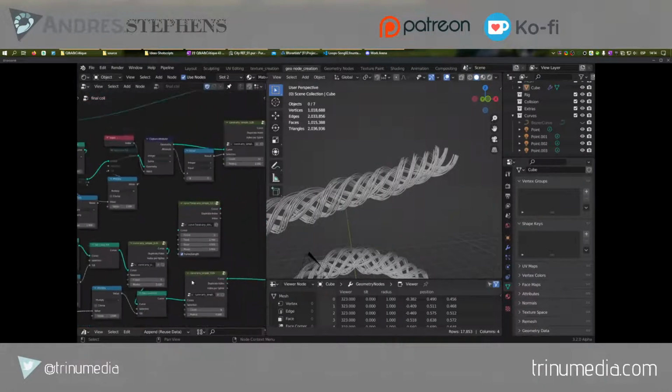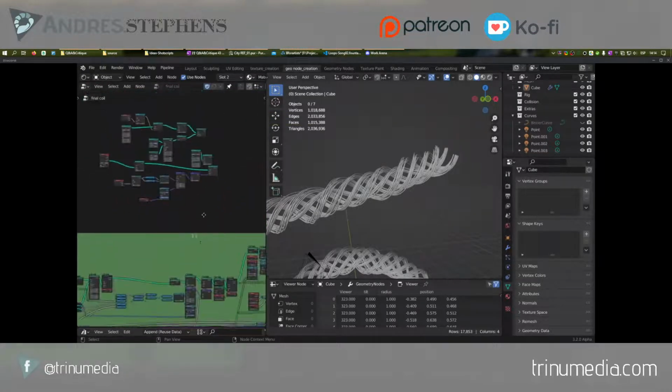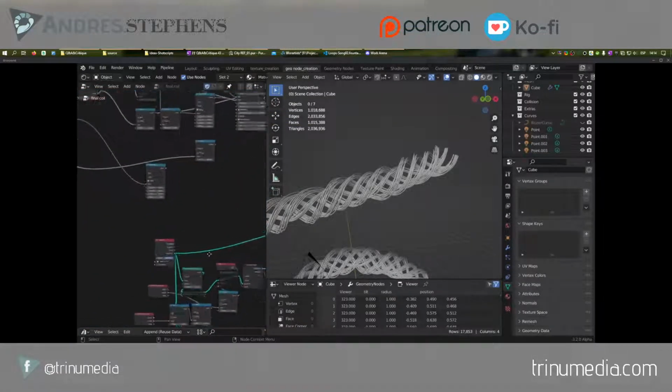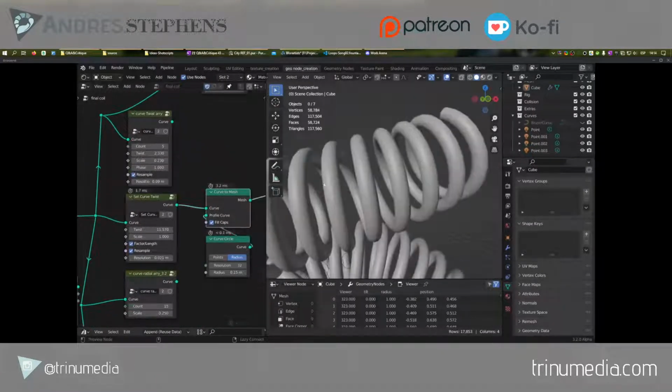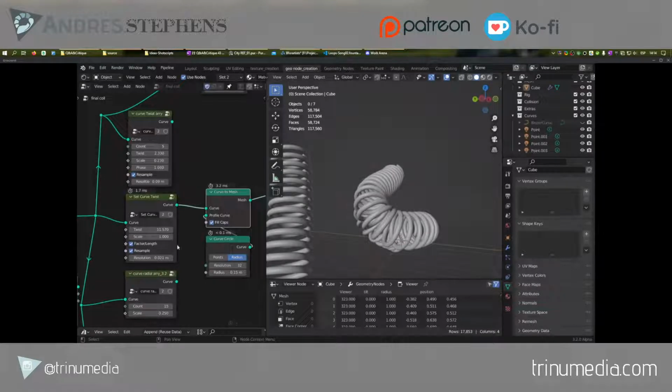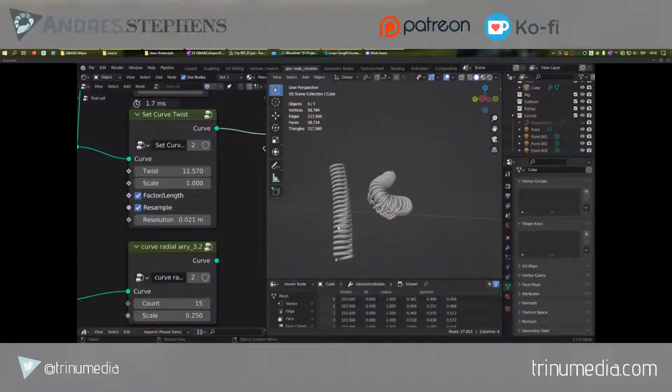Also, there's a tree in here that does this operation. I have it in here, one of these. It's a curved twist. Just a slinky kind of thing. Telephone cord. You can use factor or length. Factor is from one end to another, and it doesn't change, as opposed to